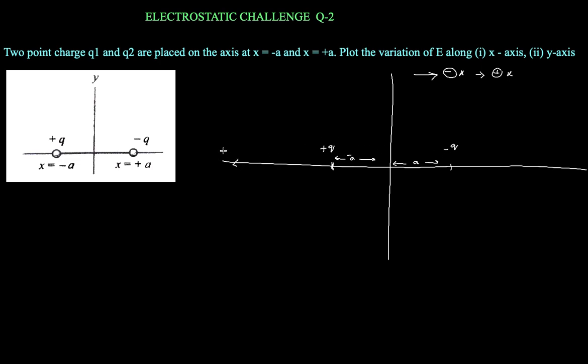So if you say that this is the negative infinite and this is the positive infinite, we have to plot the graph here, plus q charge and minus q charge. So we can split this position in the 4 parts. Okay, 2 are nearer to the charge and 2 are at infinite from the charge. Then we can exactly get the clear idea about the charge. Okay, so we are approaching from negative to positive. So at